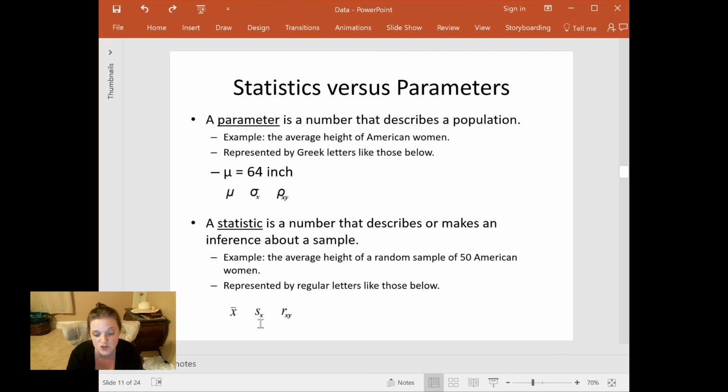These little subscripts are always just for your information. They're letting you know this is a standard deviation because this is the symbol S. It stands for a sample standard deviation, but it's the standard deviation for the X variable, so in this case, height. Here is the correlation for the X variable and the Y variable, height and weight. Sometimes they're letters, sometimes they're numbers, and really you can make them anything you want. They're just keeping track of, oh, this is an average. What is it an average for? Oh, it's an average for the X variable. It's the average for the men. They're called subscripts, and they're for your information. You're free to make them whatever you wish. They're usually X, Y, or a number.